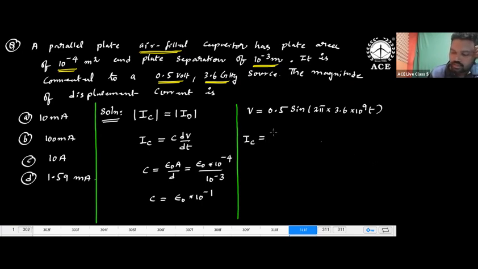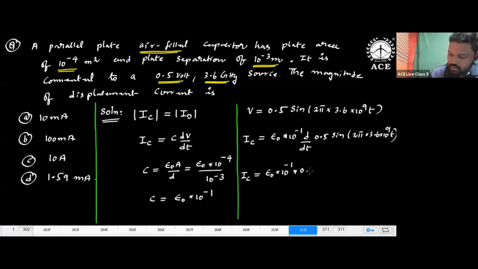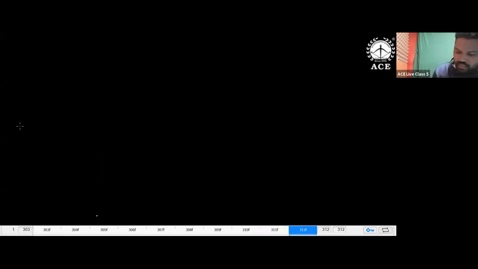So conduction current is equal to epsilon naught into 10 to the power of minus 1 into d by dt of 0.5 sine 2 pi into 3.6 into 10 to the power of 9. Differentiate this one. IC is equal to epsilon naught into 10 to the power of minus 1 into 0.5 into... let me turn the page here. The space would not be sufficient. Let me turn the page here, beta. So conduction current IC is equal to